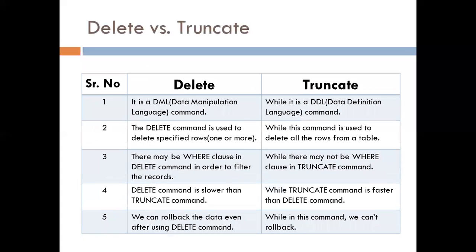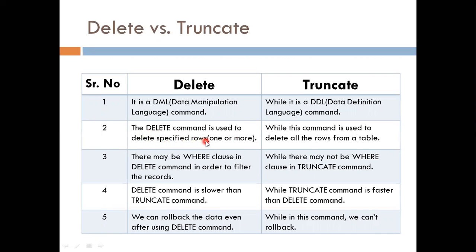Now the difference between delete and truncate command. The delete command is a type of DML command, while the truncate command is a type of DDL command. So the delete command falls into the DML category and the truncate command falls into the DDL category. The delete command is used to delete specified rows also.